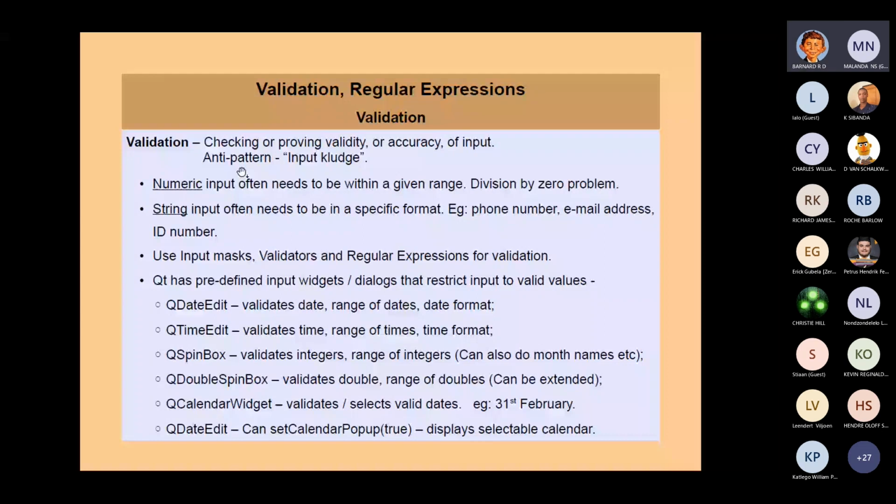So you must know about this input kludge. That kind of question comes up quite often, and you must be able to, if you're given a sample of code or something,